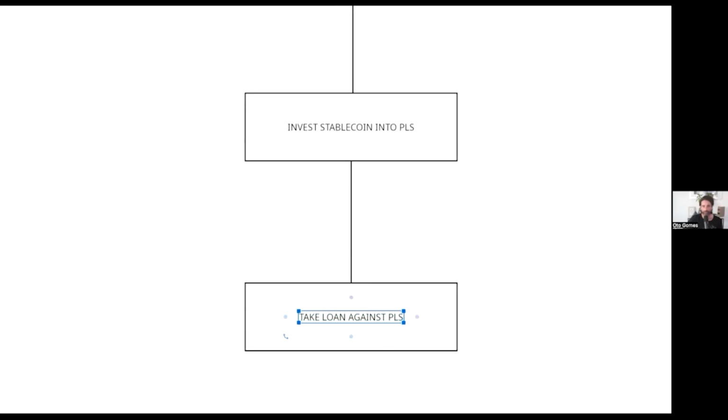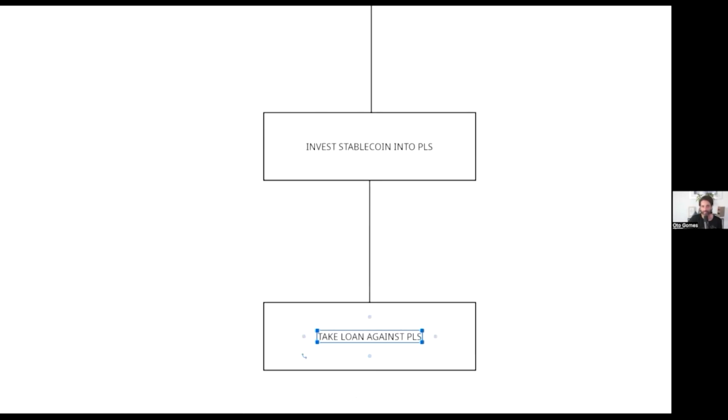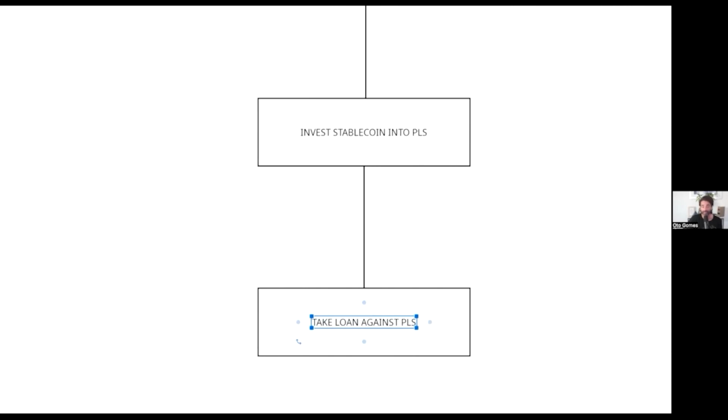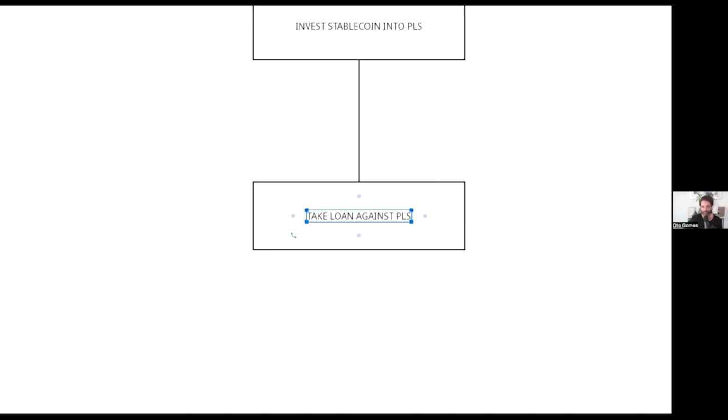And so we can create banks in this operating system, because of that security. So you take the loan against the Bitcoin, you get collateral, or you get the stable coins. Stable coins get invested into PLS. So now you're holding another asset with that loan that you got. Then you can take that PLS and take a loan against it. And what's great about this one is that it is much higher LTV. So you get a little extra from it.